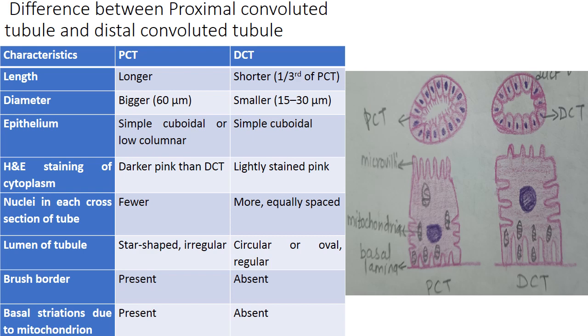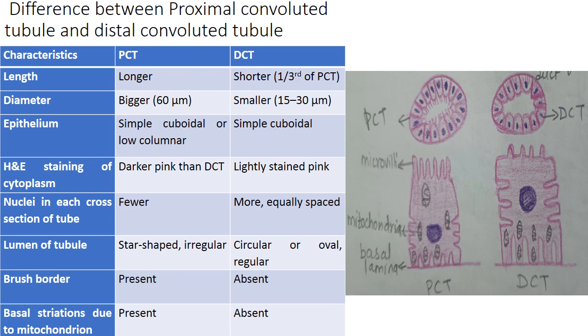The difference between proximal and distal convoluted tubule is that the proximal convoluted tubule begins from Bowman's capsule, and it is more lengthy compared to DCT. It continues with the loop of Henle. It is lined by cuboidal epithelium and it has microvilli. In the PCT, the cytoplasm is more acidophilic. The proximal convoluted tubule is more convoluted and its main function is resorption.